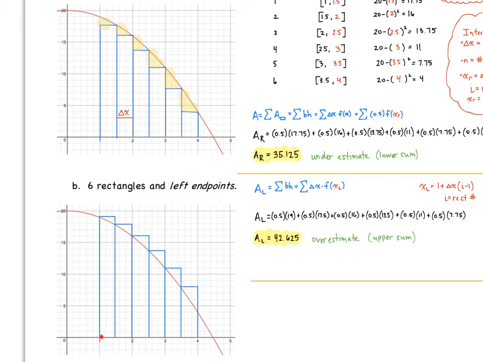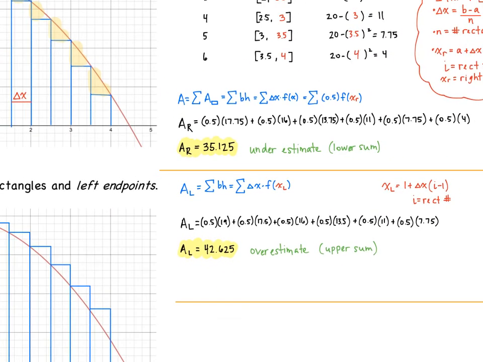Notice now my first rectangle is still between 1 and 1.5, but now my left endpoint meets my curve. So I go and draw my rectangle, and now my second rectangle, the left endpoint meets my curve, and so forth. So now if we were looking at coming up with the area here, we could go ahead